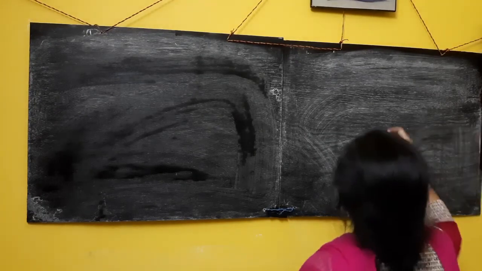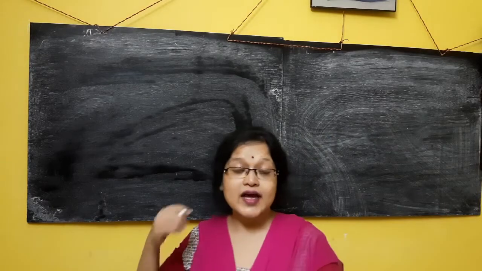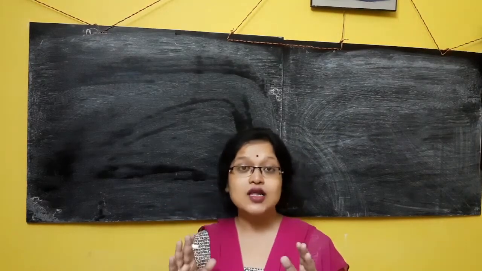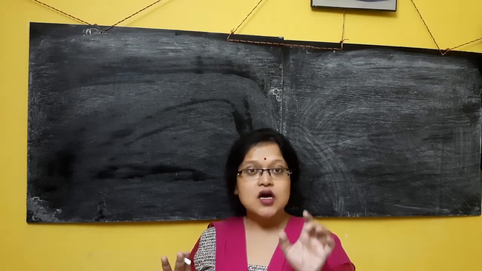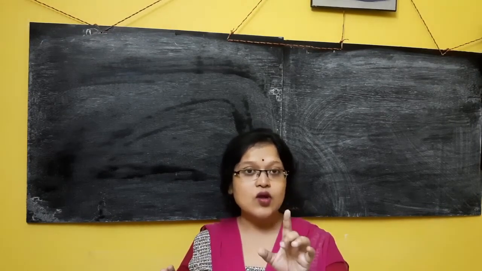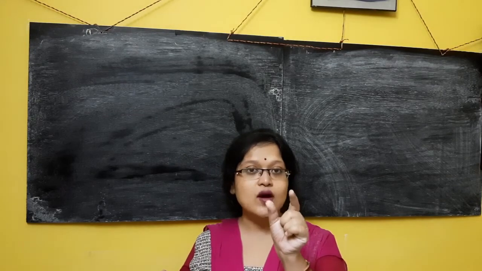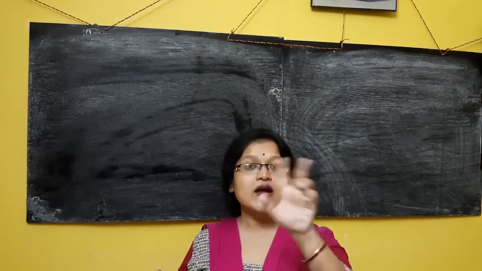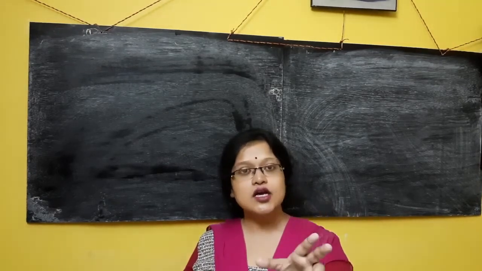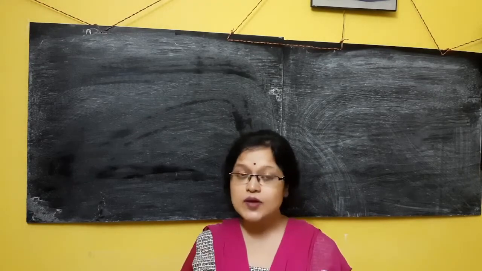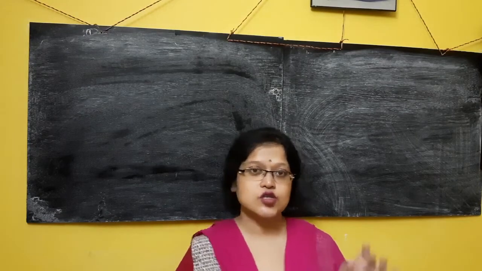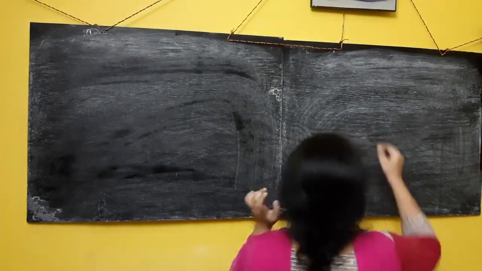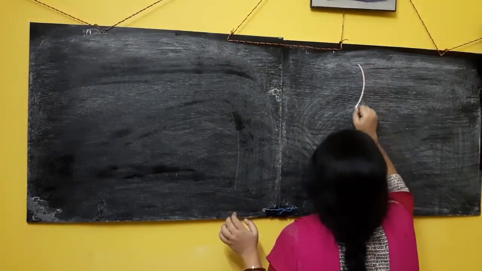Now see, first let's draw the concave mirror. First thing first, as you know, the relationship between focal length and radius of curvature is that they are twice of each other. Whenever you are drawing, be particular about how much distance you are taking for focal length. Make it twice when you are taking the radius of curvature. Otherwise you can't complete the diagram, the geometry will not come properly, and you can't establish the theorem. So let's do first concave mirror. Let's take concave mirror.